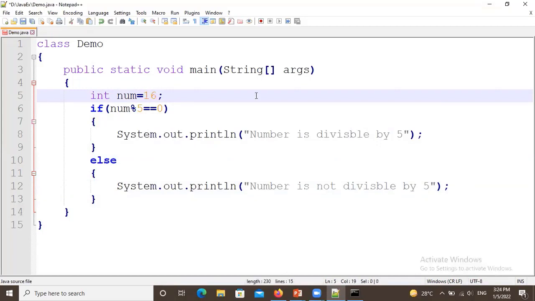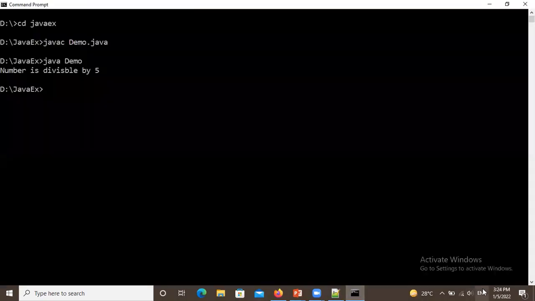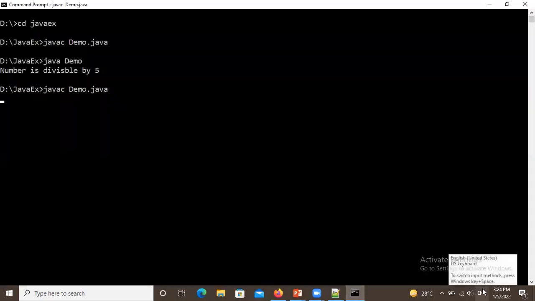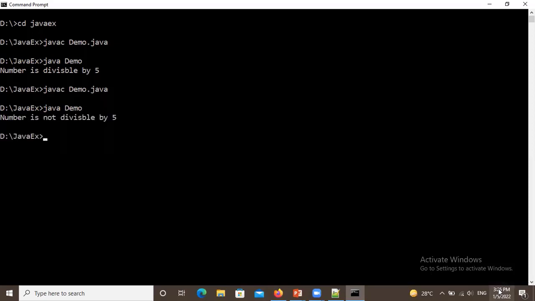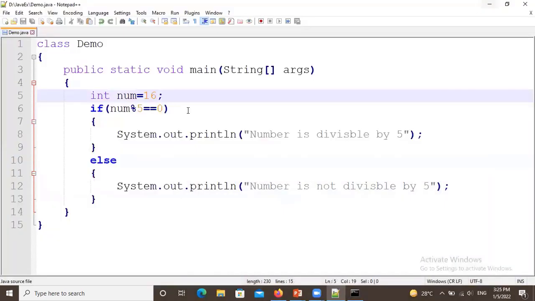Instead of 15, put 16. After changing, we are supposed to compile again with javac, and then to execute, we use java. Now there is the message, the number is not divisible by 5. So likewise, we can go with the if and if else statement.